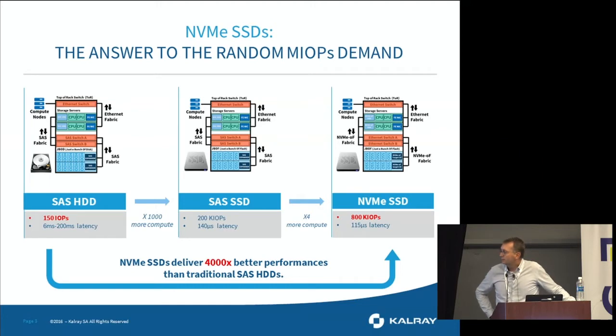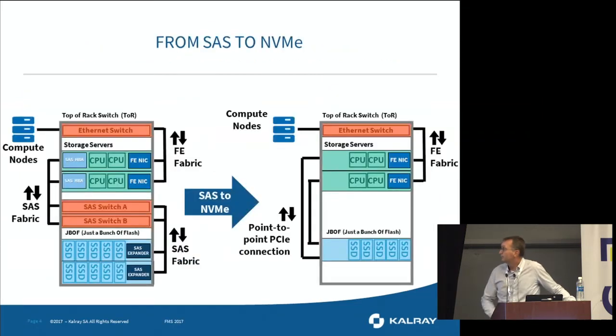because SAS was initially designed for the spinning disk and sequential access, and after the SSD introduction, it was the bottleneck in the communications. So NVMe brings a gain between 4 and 7 times better performance compared to the SAS SSDs. But the problem of the NVMe protocol is that it is using PCI Express connectivity inside the data center. So if you look at the traditional SAS architecture,